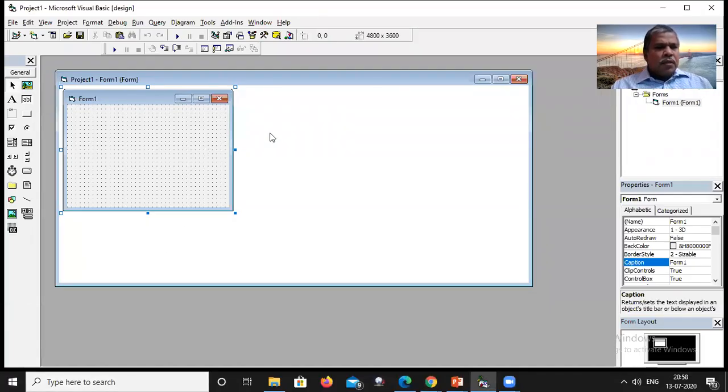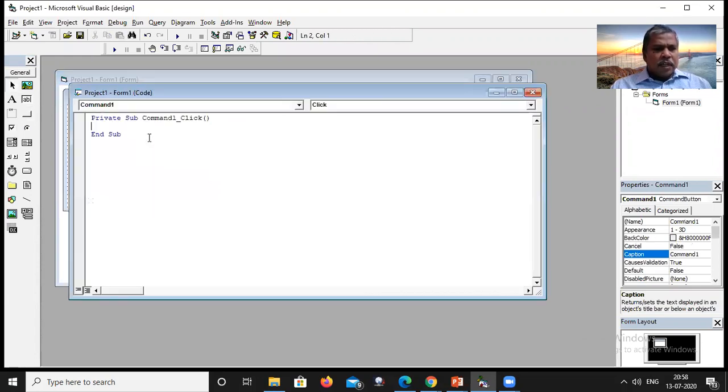I'll go to VB. I have taken one command button for writing my commands. I have to declare dim A as integer, dim B as integer.